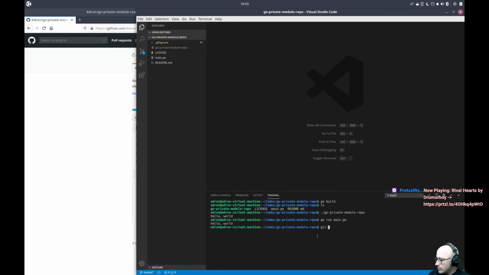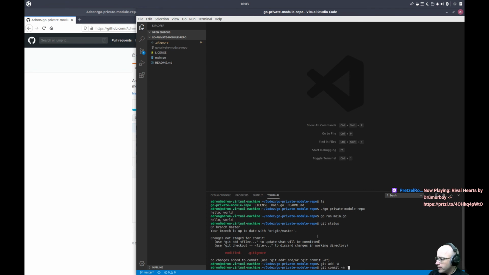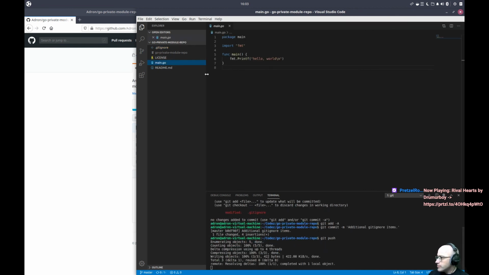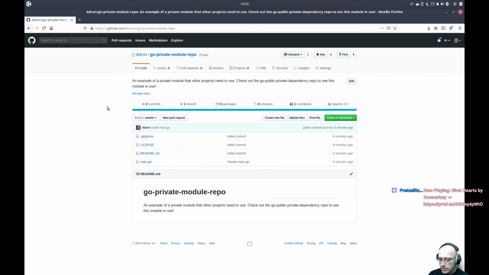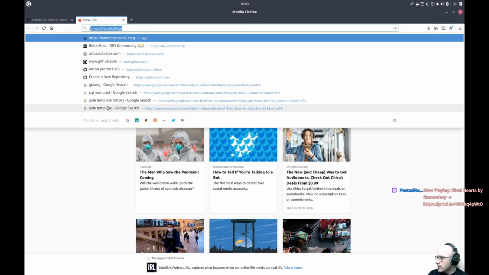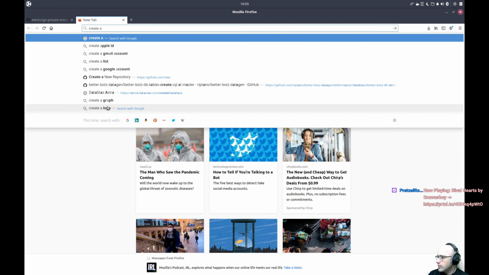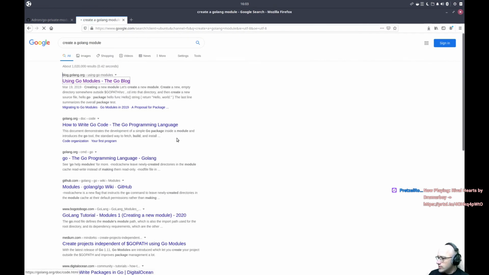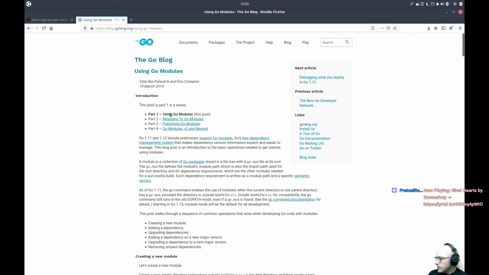Okay, so git status, git add, ignore additional git ignore items, git push. And here, let's actually create a Golang module. Right, so the easiest way to do this is this is a great blog entry, by the way,